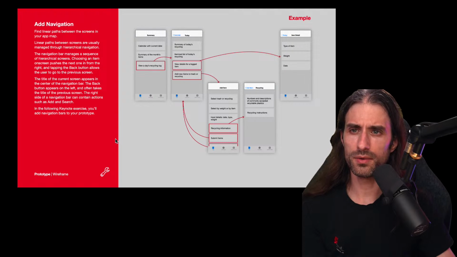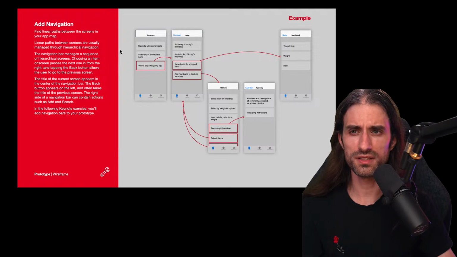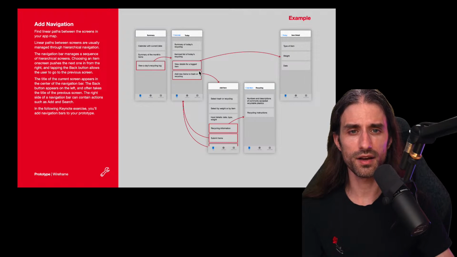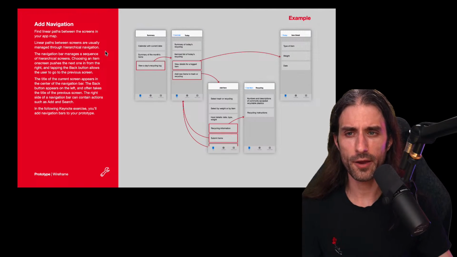Then it's going to be about adding navigation. So here they say find linear paths between the screens in your app map. So it's kind of like building on the arrows that we've implemented before. Linear paths between screens are usually managed through hierarchical navigation. So the push and pop that we are very familiar with when we implement iOS apps.